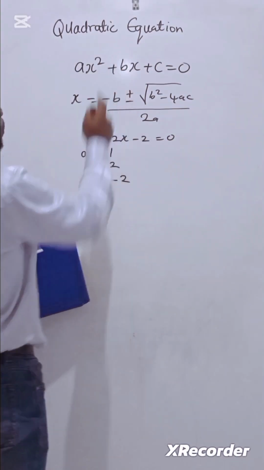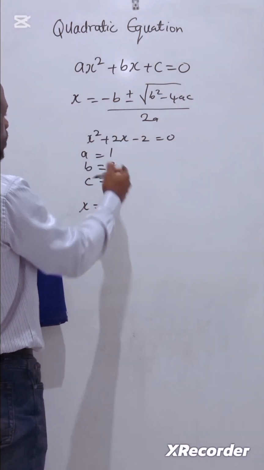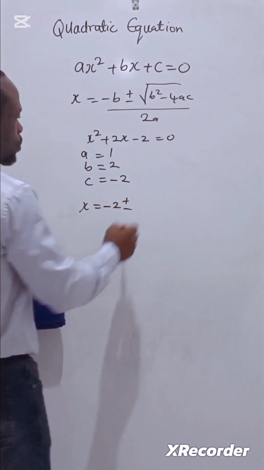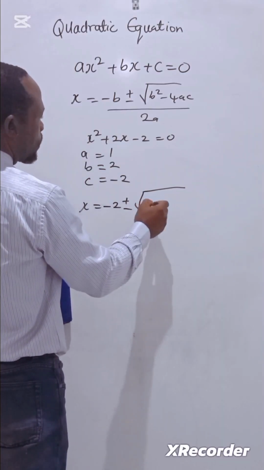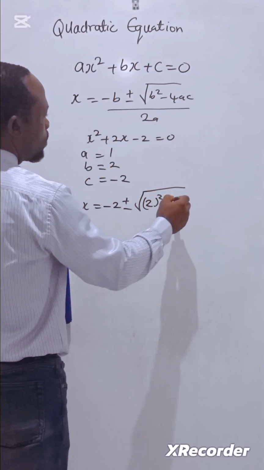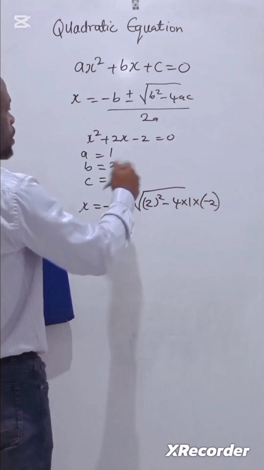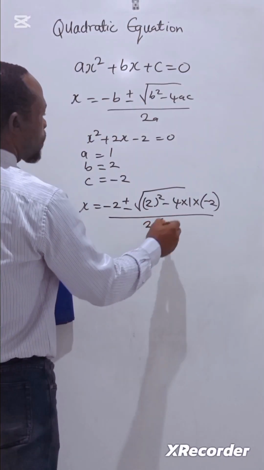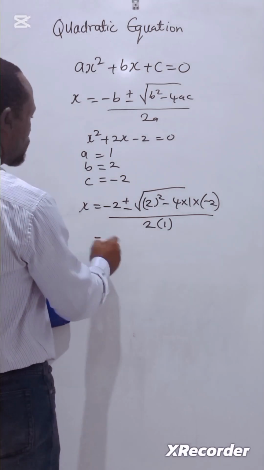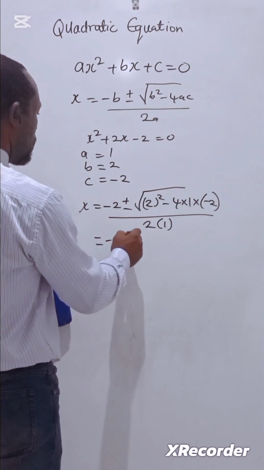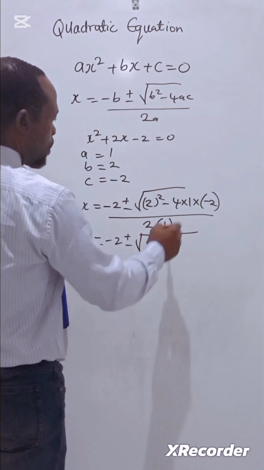And if we substitute these values into this equation, x is equal to minus b, which is minus 2, plus or minus the square root of 2 squared, which is the value of b, minus 4 multiplied by 1 multiplied by minus 2, which is the value of the constant c, all over 2 multiplied by 1, which is the coefficient of x squared. And if I simplify further, this becomes minus 2 plus or minus the square root of 4 minus